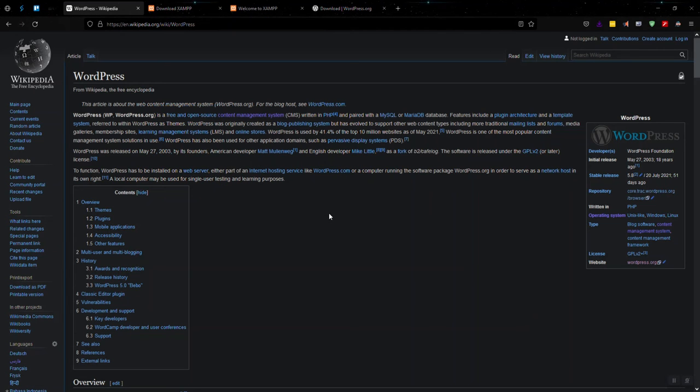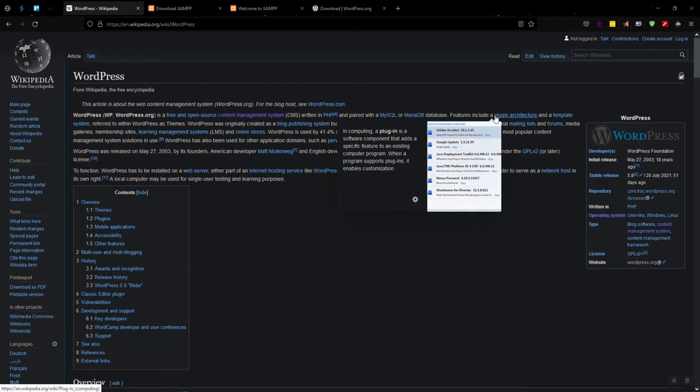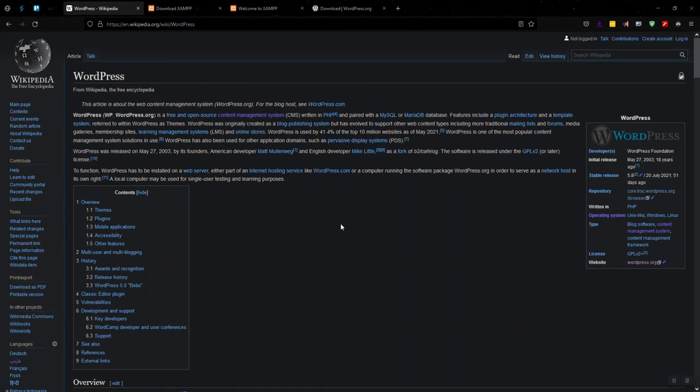manage your content such as videos, pictures, and text files and everything. Written in PHP, supports MySQL and MariaDB. It's been used